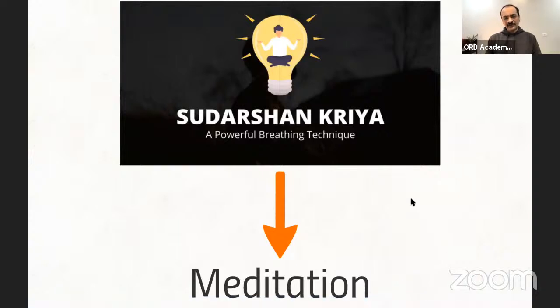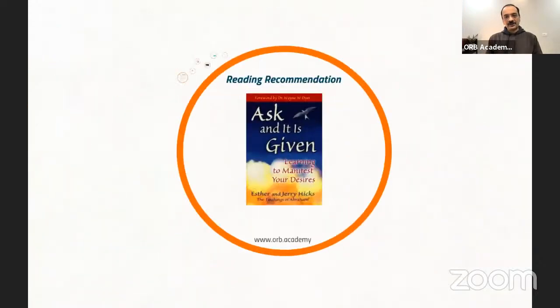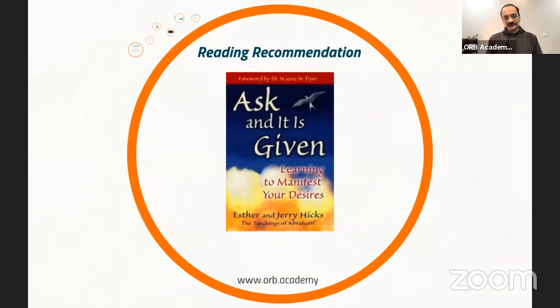So from this edition of ORB Adda, I thought that every month I'm going to recommend a book, which I have read and which has helped me in life. So in this context, जो आज का context है, trauma of the past, and how to build that positive thought, how to baffle your mind and how to kind of fool your mind. This is a beautiful book which I've read, and this is a book called Ask and It Is Given. This is the book which was behind the book Miracle, behind the book The Secret,